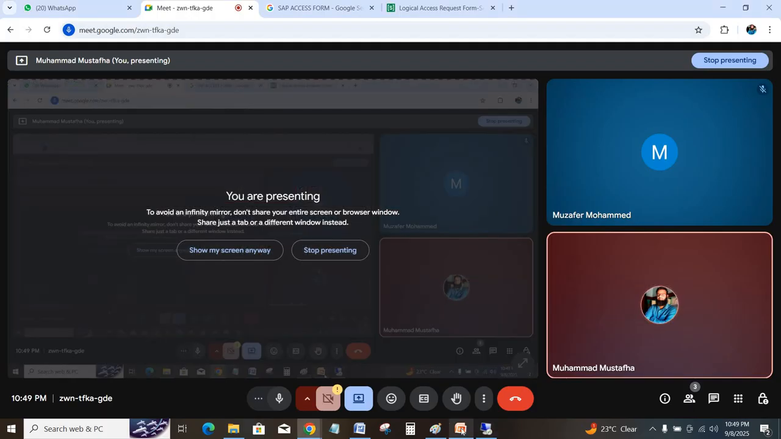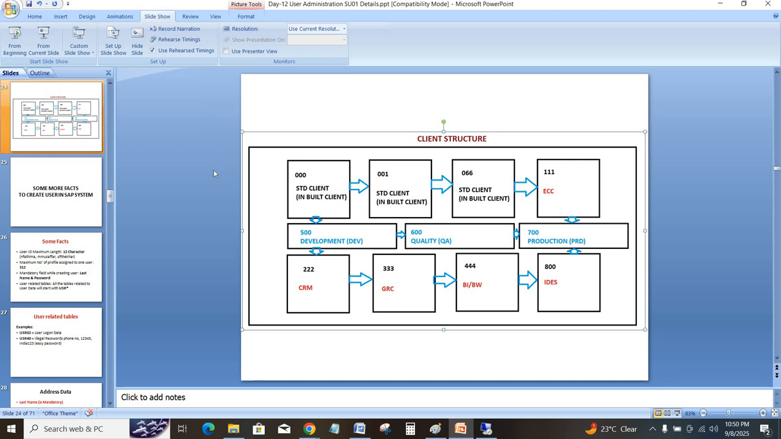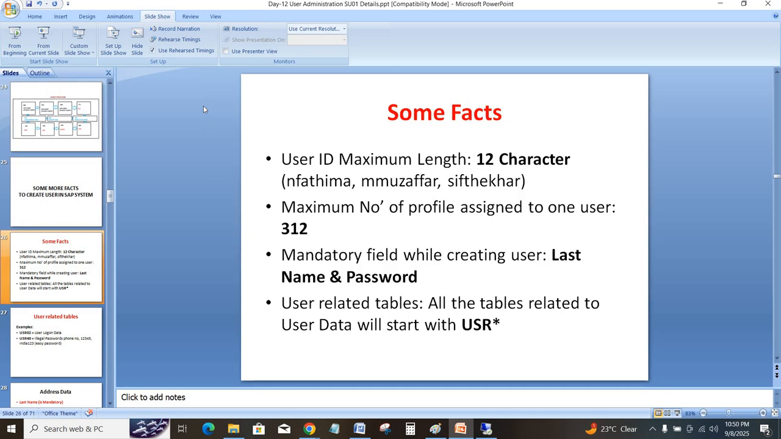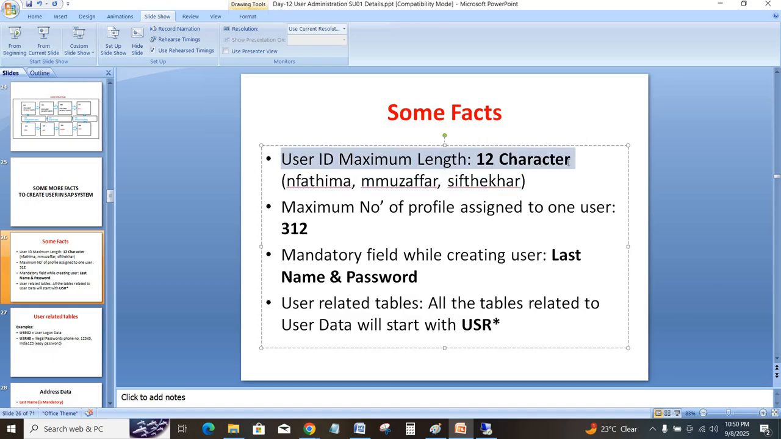Okay, now some more facts about creating a user in SAP systems. Some facts are like the user ID. Whenever I am creating the user ID, the maximum length is 12 characters. For example, here you can see I'm talking about N Fatima, M Muzaffar, Iftikhar, like that. It should be not more than 12 characters. So the maximum number of profiles assigned to one user is